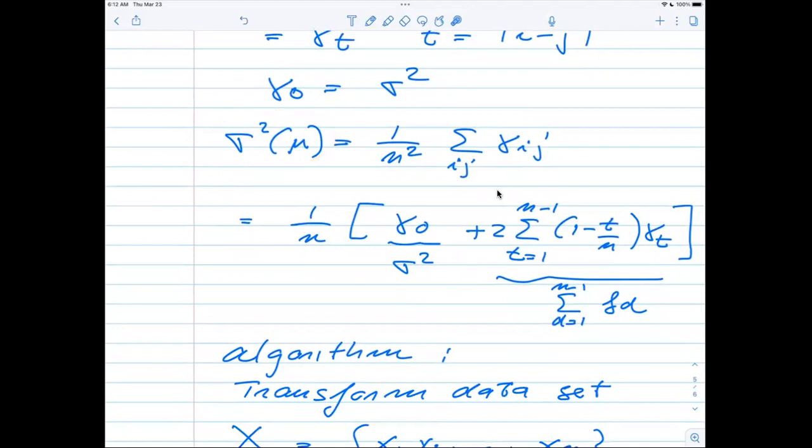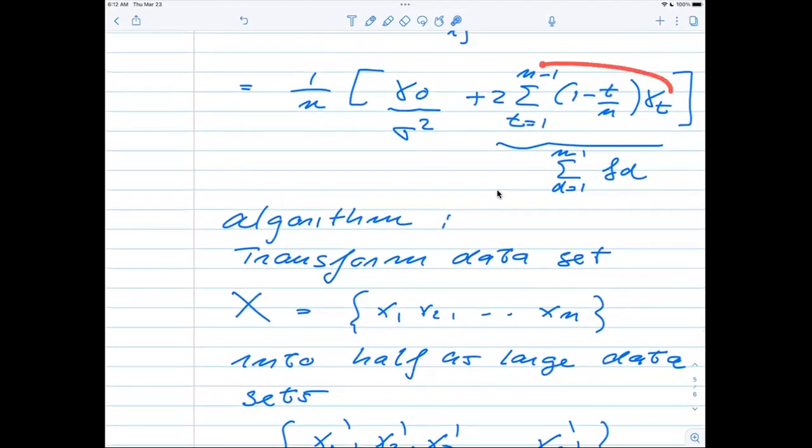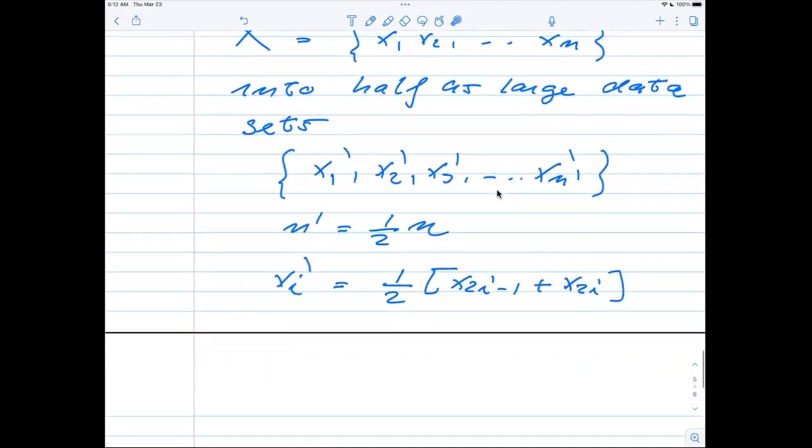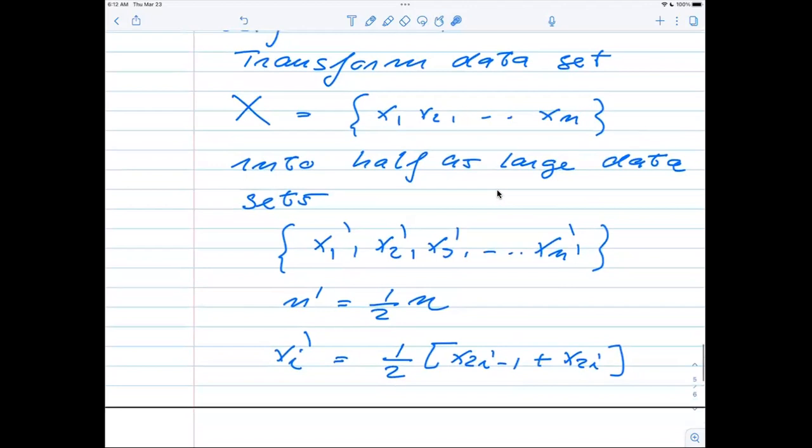in terms of the sample variance as we defined. And this is the quantity which is given by just a single loop and is the one which we normally have evaluated. And then we have the covariance here. And what they actually have is a recipe by which we can evaluate this quantity without doing a double loop. And what they did then was simply to take the data set and transform it into half as large